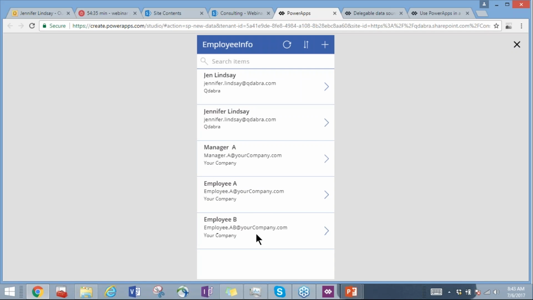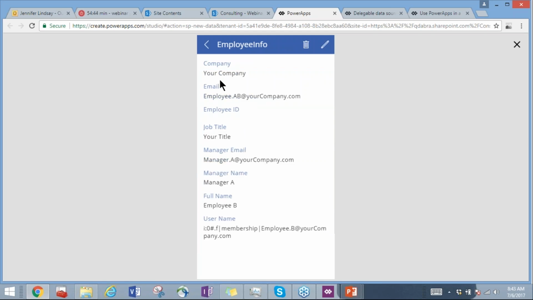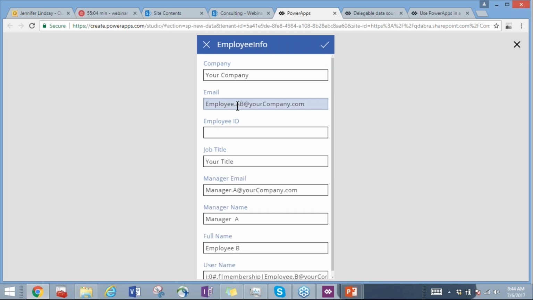I am going to select the last element in this list. I'm going to click the next button that allows me to view item details. And this takes me to that detail form that allows me to view but not edit any of the information. I'm going to click a button up here that will allow me to edit the item. What this is going to do is switch to that edit form view that we looked at in Designer, with the same information that I'm currently looking at. So now I have an editable